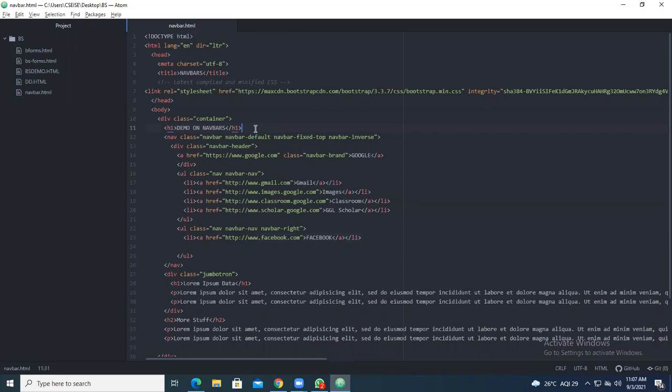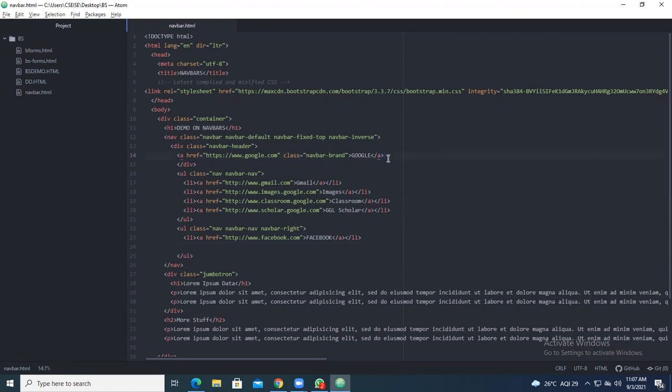So what are the class names for the navigation bar? First you have taken navbar. Next you have taken navbar-default to create a navbar. Fixed-top to make the navbar be on top, inverse for adding the background, brand to represent the home page. Next, for each and every item you have taken navbar-nav, and you have given each and every element. Next you can go with navbar-right for this particular thing. So this is up to the creation of the manual navbar. Have you understood?